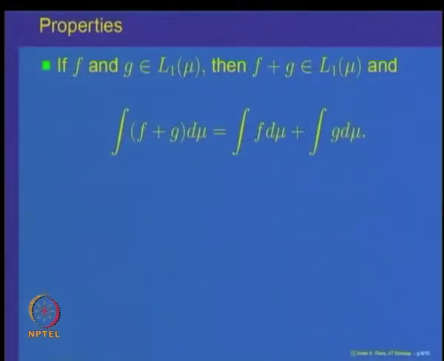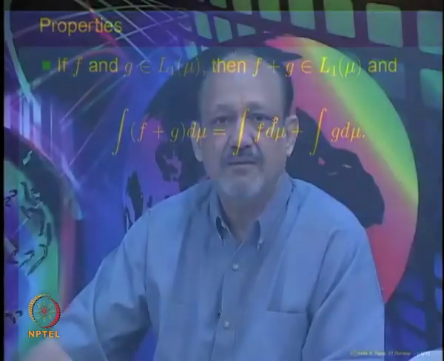So, we have proved the basic properties of the integrals, namely the integral of a function which is integrable is of course a finite quantity and it is linear, namely if you take a function f multiplied by a scalar alpha, then alpha times f is integrable, and the integral of alpha f is equal to alpha times integral of f. And similarly, if f and g are integrable, then f plus g is integrable, and the integral of f plus g is equal to integral of f